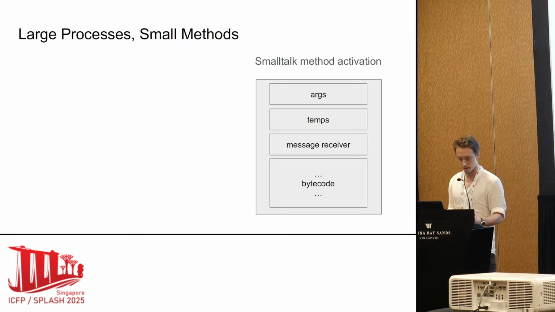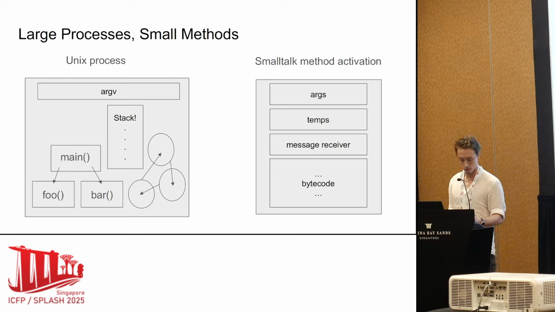And speaking of processes and method activations, there's a parallel between them. A Smalltalk method activation is mostly bytecode, but it also has some private references to state, namely the temporary variables and the arguments. Of course, a Unix process contains executable code and command line arguments, but it's an awful lot fatter than a method activation. It's got all these subroutines and extra data structures, and it's even got its own stack. So the process might even be simulating its own object-oriented programming language with its internal objects and methods.